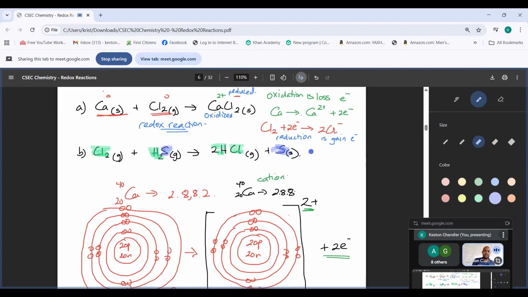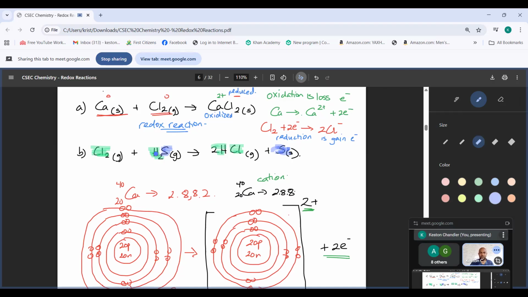Now, in some instances, some of them won't change. For example, the hydrogen here. This hydrogen is bonding with sulfur, and is bonding with chlorine here. There's no real change. This is still plus and this is still plus here. But sulfur, on the other hand, is going from being a -2 to being a 0 on this side. Right? How can I tell? I could tell based on these